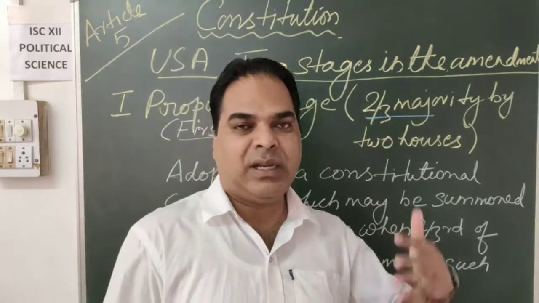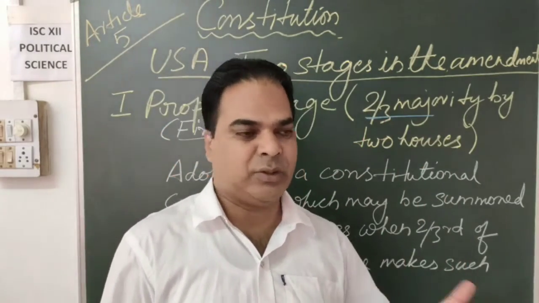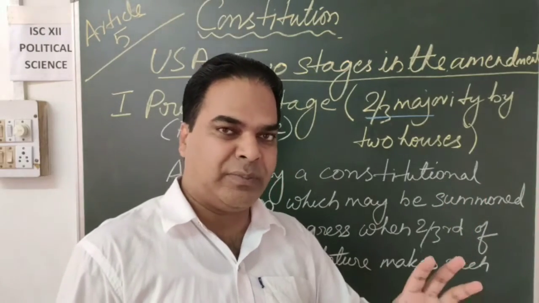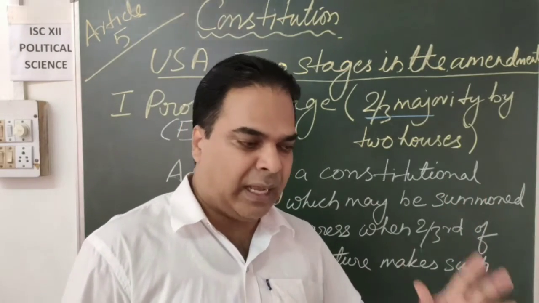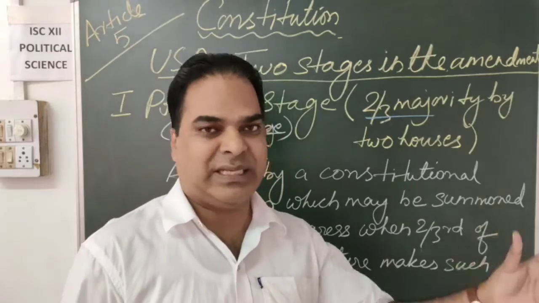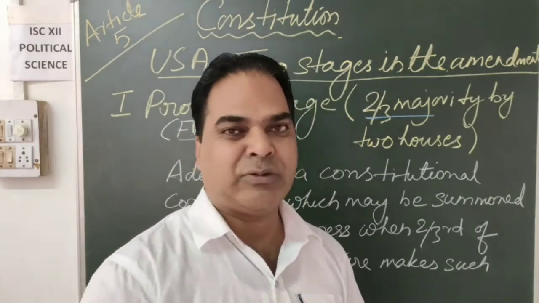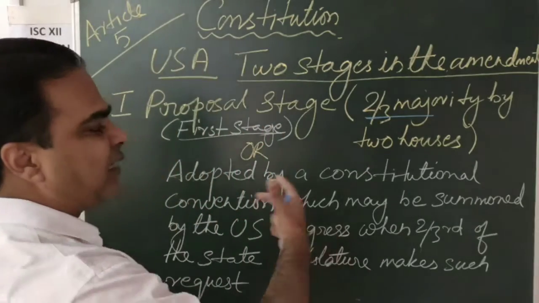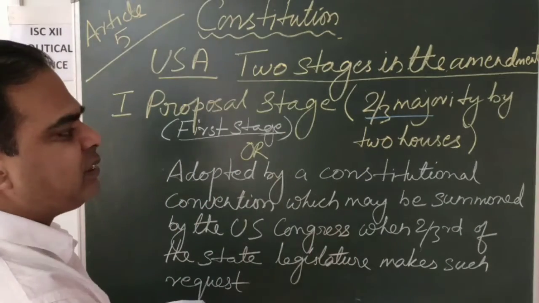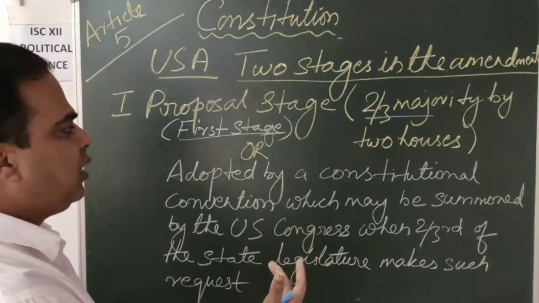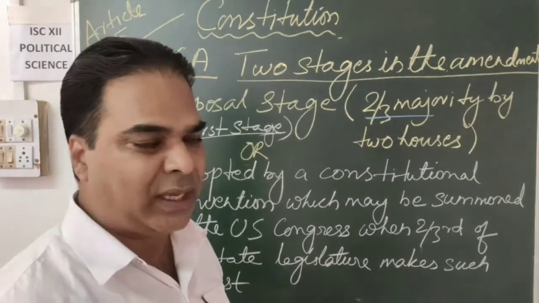Two houses are there, the House of Representatives and the Senate, so it has to be done separately. Two-third majority in the House of Representatives and two-third majority in the Senate. Both houses have to vote separately. That means each house is voting separately. If two-third majority of both the houses clears the proposal stage, then it goes